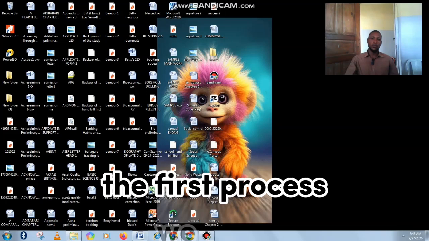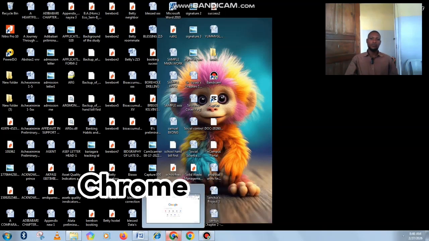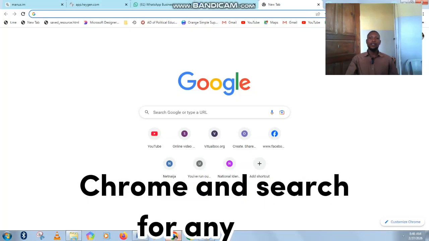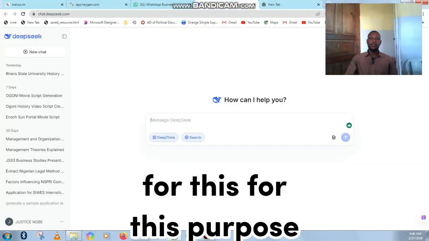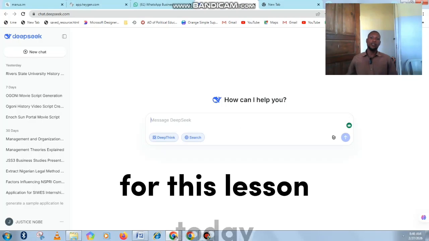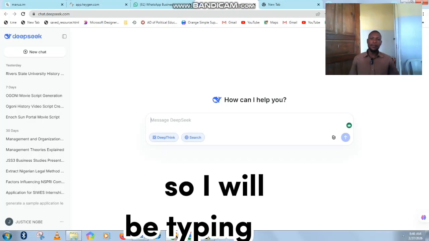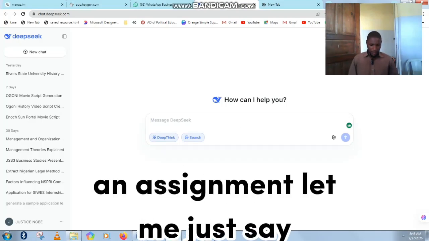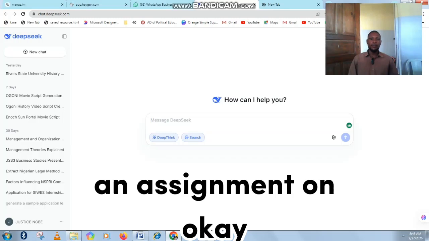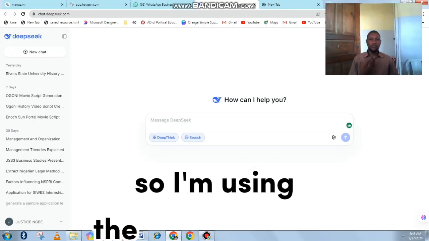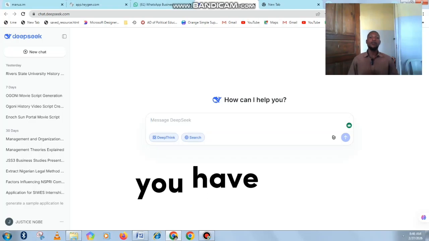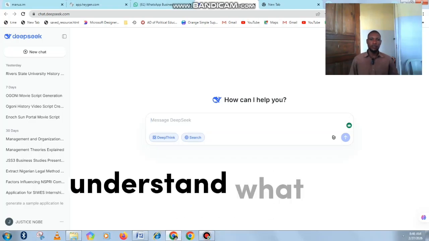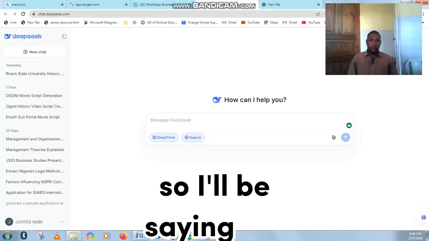So let's go ahead with the process. The first step, we go to Chrome and search for any AI. You can use ChatGPT, like I said, or any other AI, but I'm using DeepSeek for this lesson today. So I'll be typing the name, an assignment. Let me just say an assignment on... Okay, I'm using the structure that I told you before, that you don't just say assignment on. You have to let the AI understand what you want. So I'll be saying